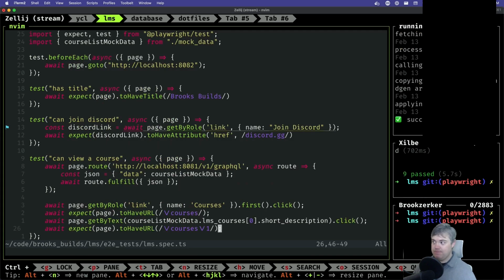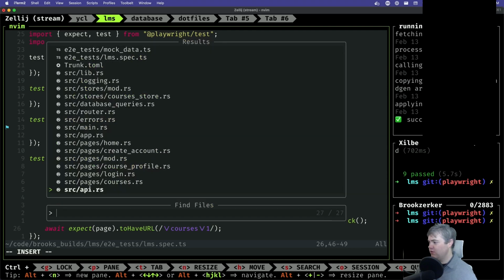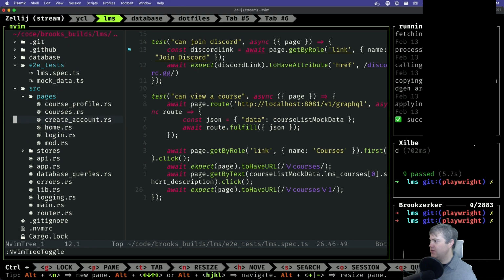Now, next up, I want Playwright has a really nice feature where it will do accessibility testing for you with very little extra work required on our part to set it up. I want to do that for each page, and then like sort of handle that. So in our end-to-end tests,